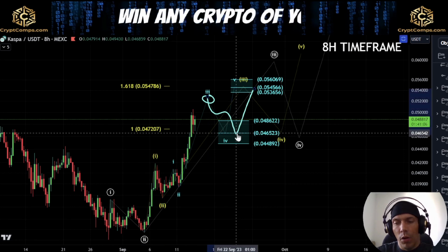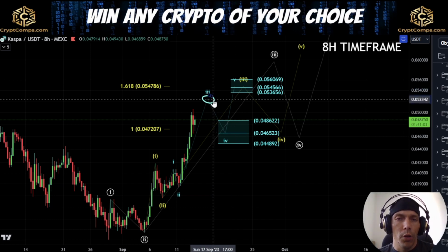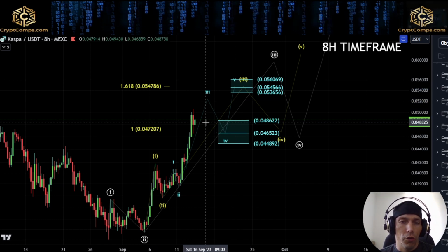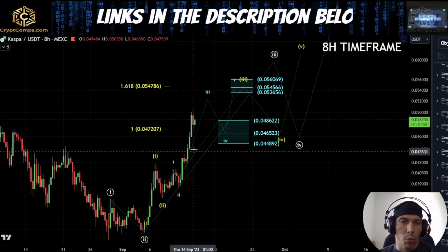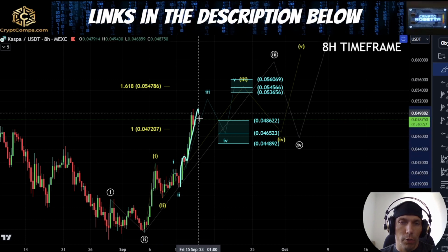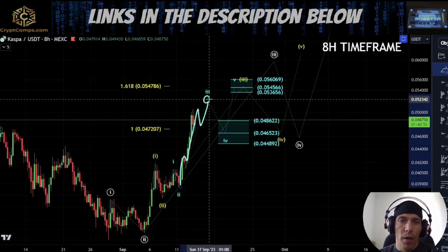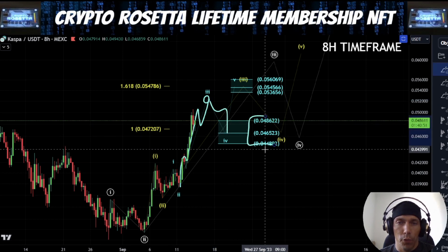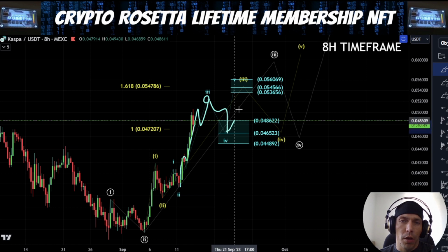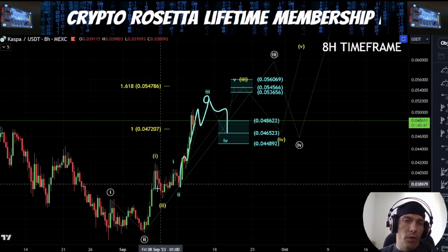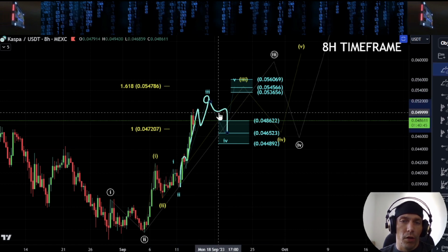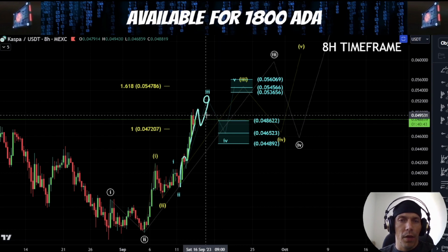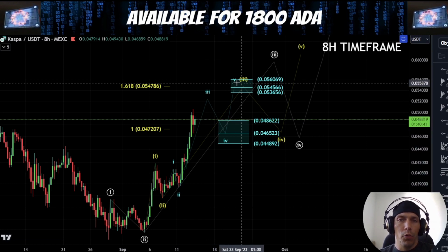So this is what I'm saying. It's going to be very important if we do continue to hold this bullish structure here and we do get this white count play out where this is 1, 2, 3, 4 and we get another push up, then it's going to be important how we respond to these previous fourth wave areas. If we hold them, we can look to rally. If this count is actually the count that's in play here, what we'd be expecting is the blue count to play out.